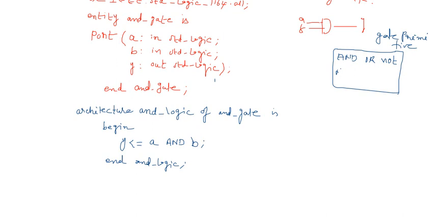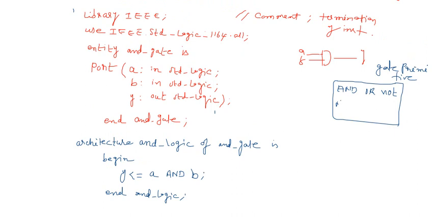What I have done here is just the library declaration and the entity declaration. So the same program I want to change for an OR gate. So what things are supposed to be changed? The same thing, just I want to